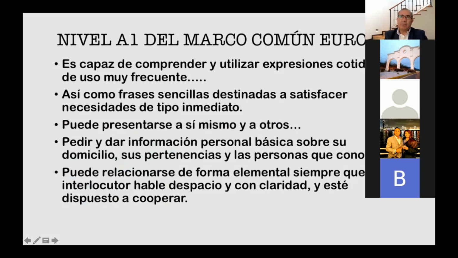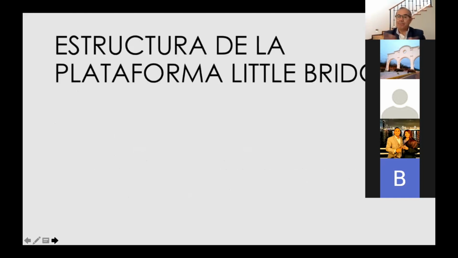And the platform, and this is super important, the platform does not give numbers. And why it doesn't give numbers? It tells you how students are improving, how students are developing the language, but it will never give you a number, because if any platform gives you a number, it's not related to the European framework. Why? The European levels are not by numbers. You have level A1, A2, B1, B2, etc. So I just wanted to put this here in order to connect when we talk about how the platform assesses the students. All right, so this is the first part.